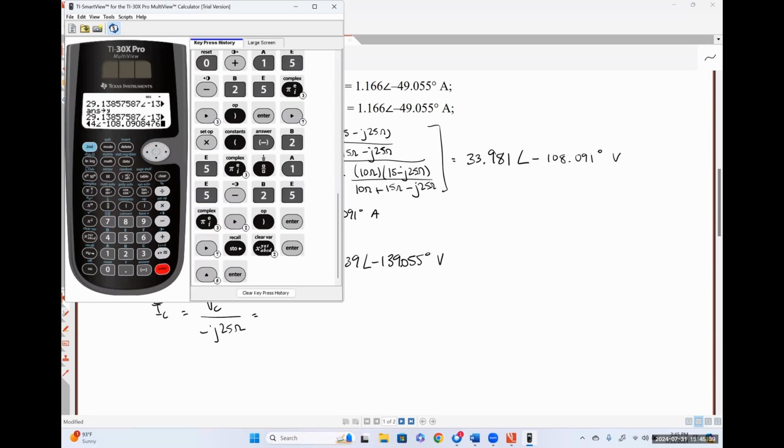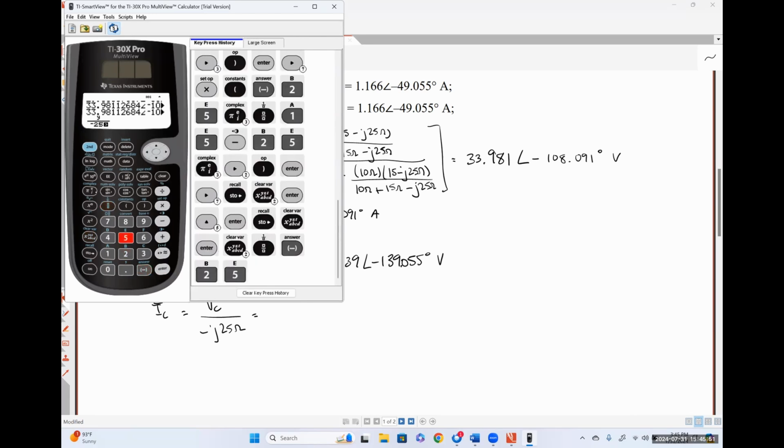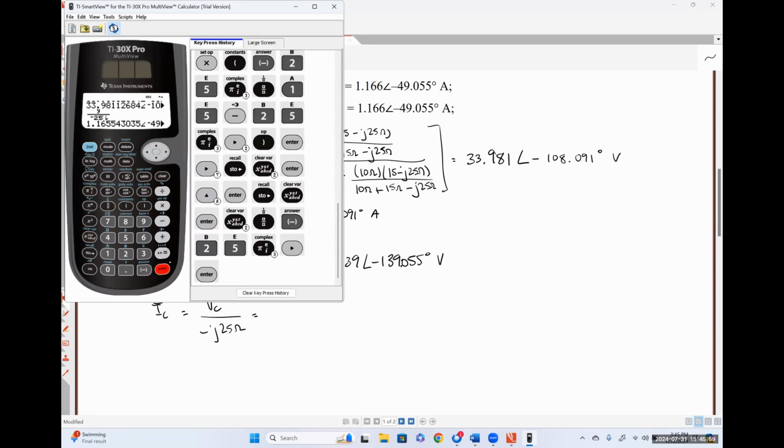Take that thing and store it as X. Okay, so Y divided by minus 25i